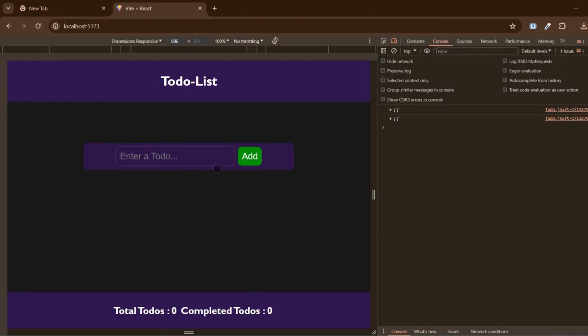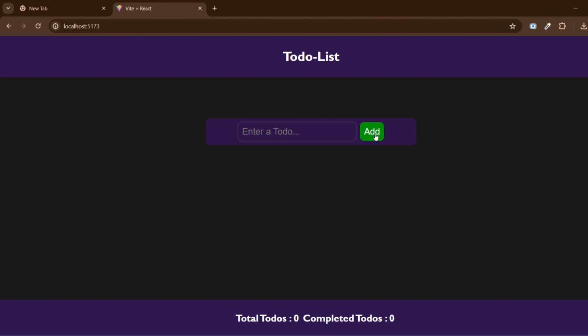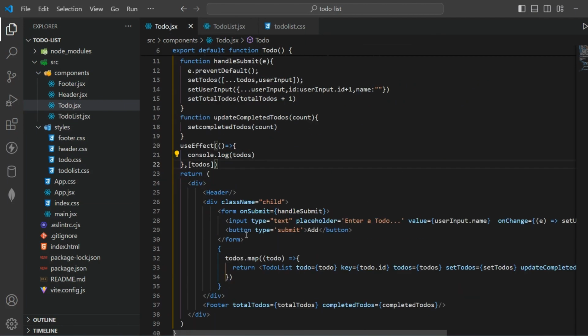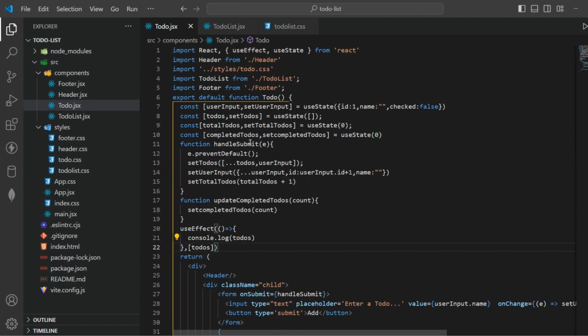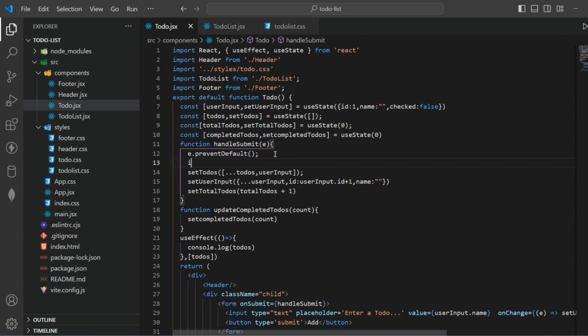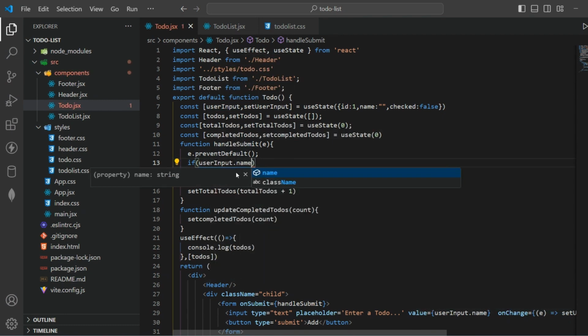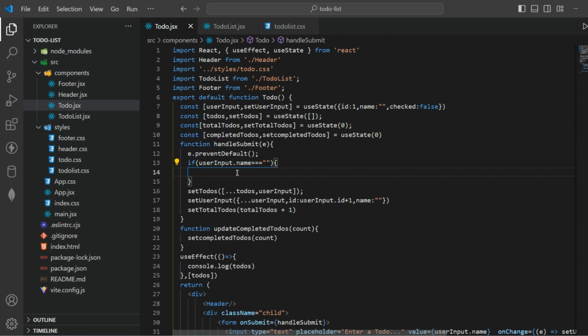Now if I click on this add, it is giving me the to do even after the to do value is empty. So to prevent that behavior, we have to go inside this handle submit function. So we are going to add a condition. So if this user input dot name is equal to empty string, we are going to,